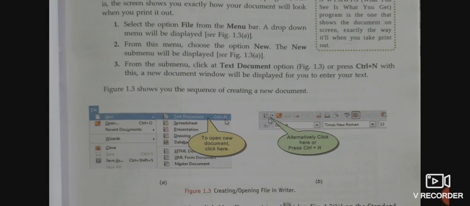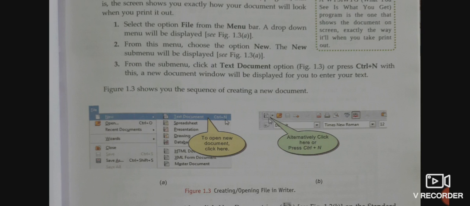Now children, suppose you want to open a new document. So how will you do it? You will open the word processor, as I told you, from all programs. Then from there you will go to the Word file, select Writer, and open it.